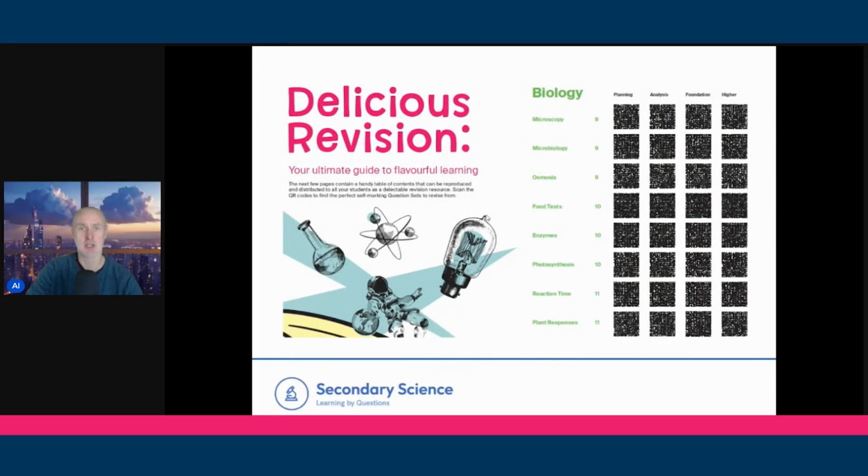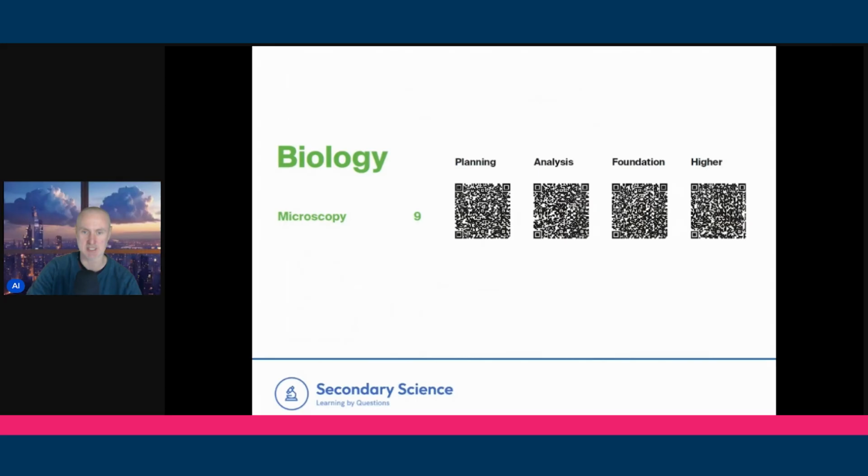When you download it, you can simply print it off and give it to your students, and you'll see that there are a whole host of required practicals. We have all 28, and each one has four kind of QR codes next to it. And if we look at them a little bit more closely, we can see that when your students click on this one, for example, they will then be taken to a question set, which will help them with their planning,